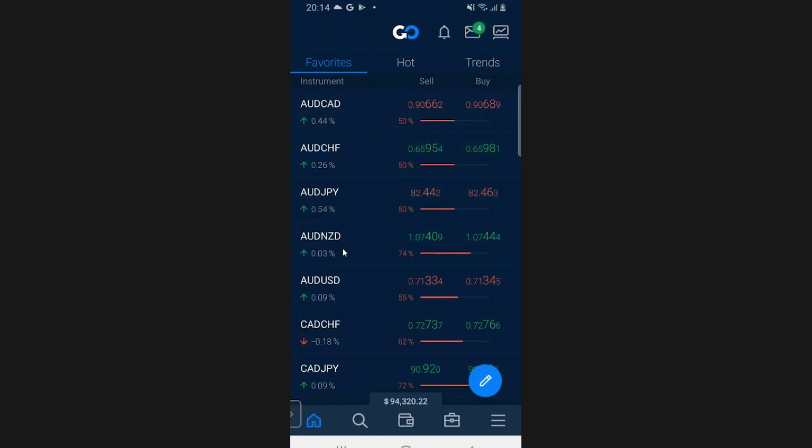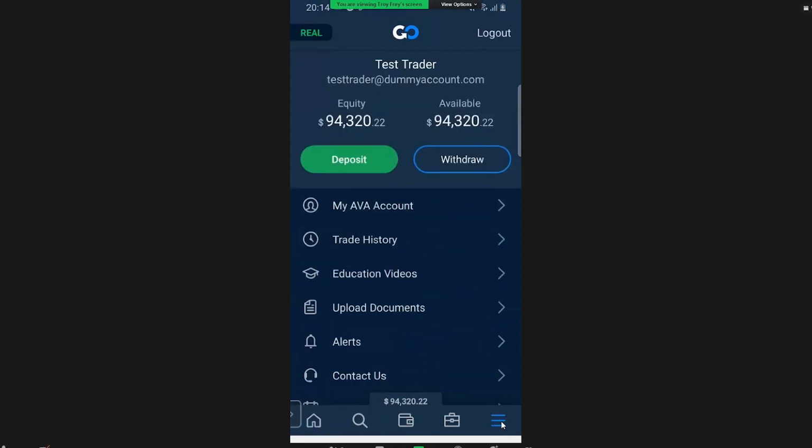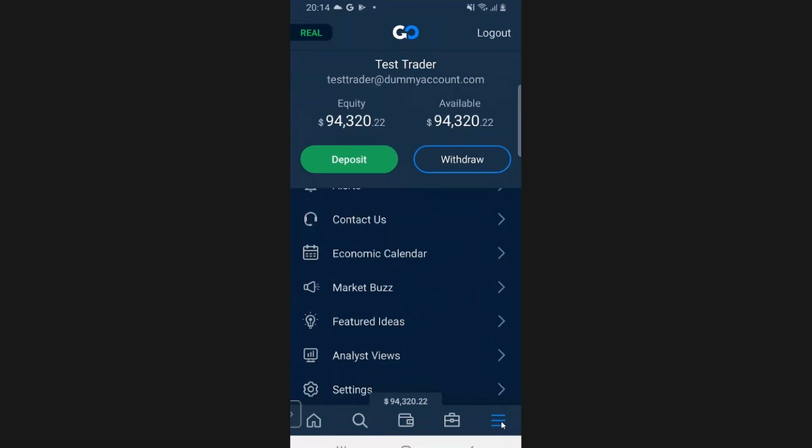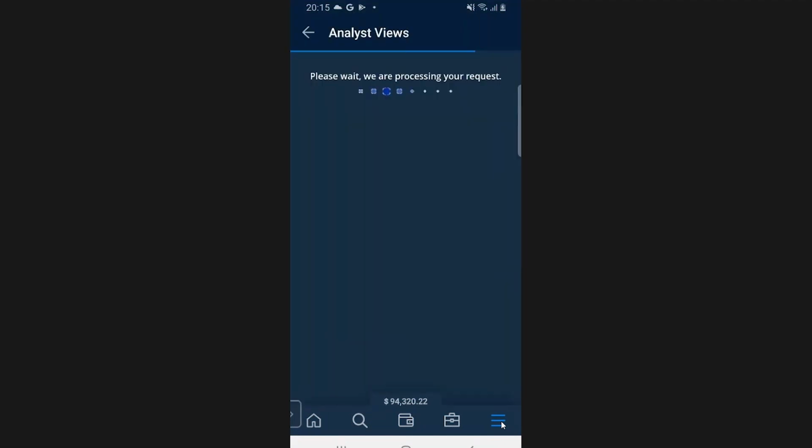Let's say you understand the fundamentals right now, and you're saying, based on the review that we just did of the headlines, that you'd like to look at some signals coming in. So we can use the app. I'll tap on this tab down here again. I can use featured ideas or analyst views. It'll pull up the technical analysis for different signals.